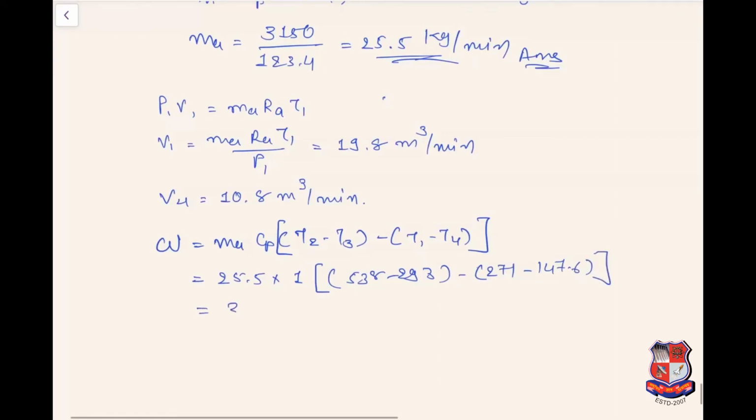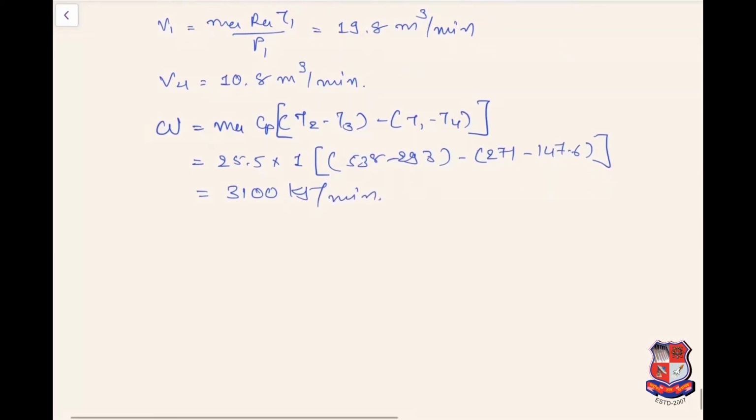So we have 3100 kilojoule per minute, and from that the power will be 3100 divided by 60, and that is equal to 51.67 kilowatt. So this is the theoretical power